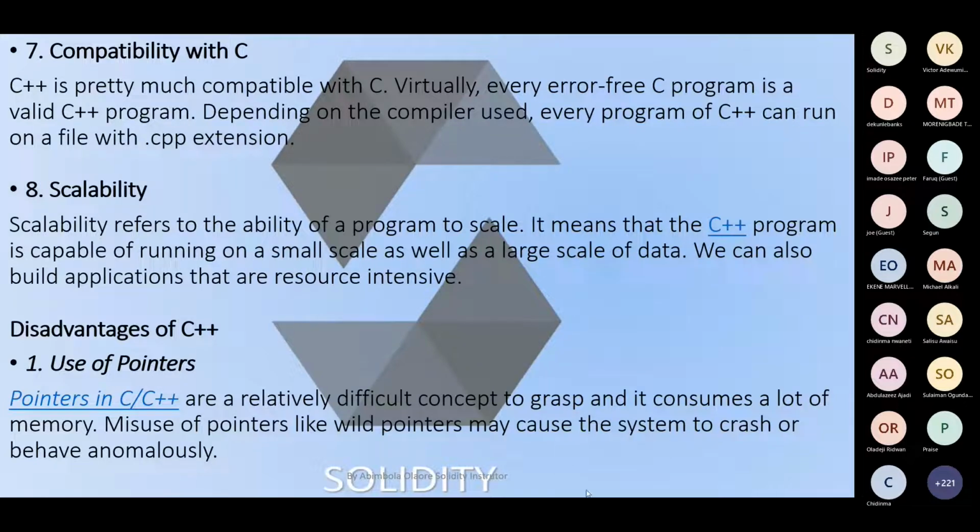Pointers in C are relatively difficult concepts to grasp,